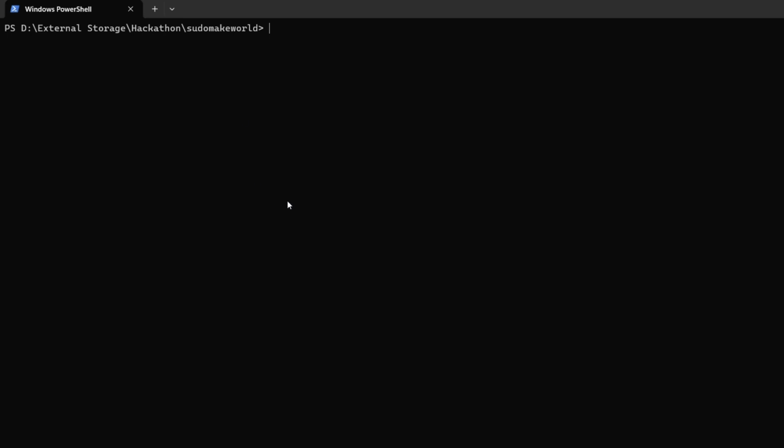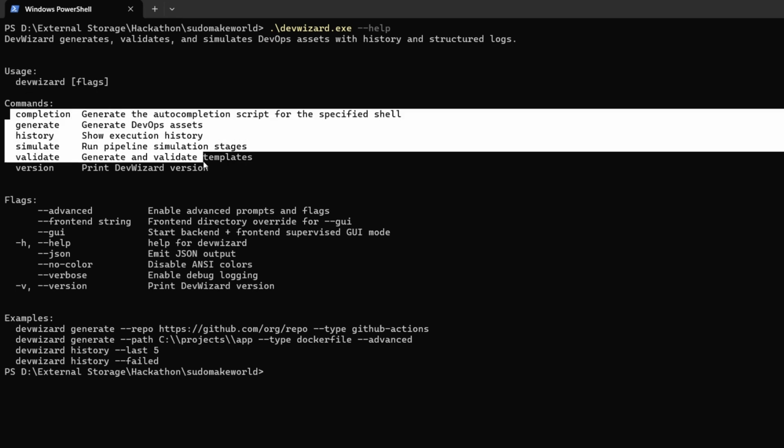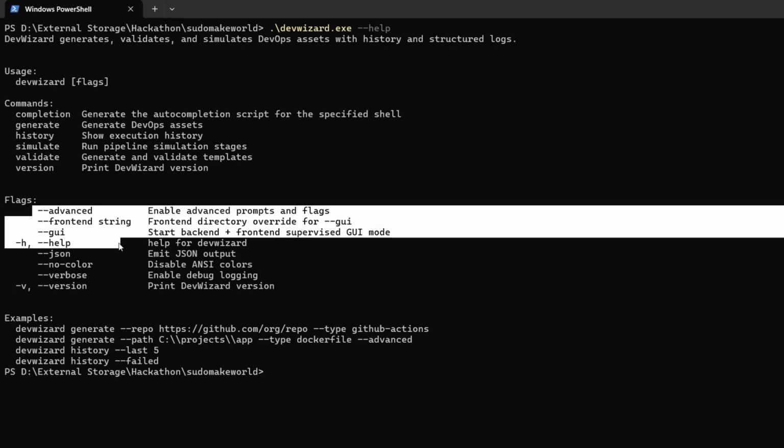Let's start by exploring DevWizard through the help command. As you can see, DevWizard provides a clean and structured command interface designed for both developers and enterprise environments. It supports core commands like generate, validate, simulate, and history, which cover the full life cycle of DevOps pipeline creation